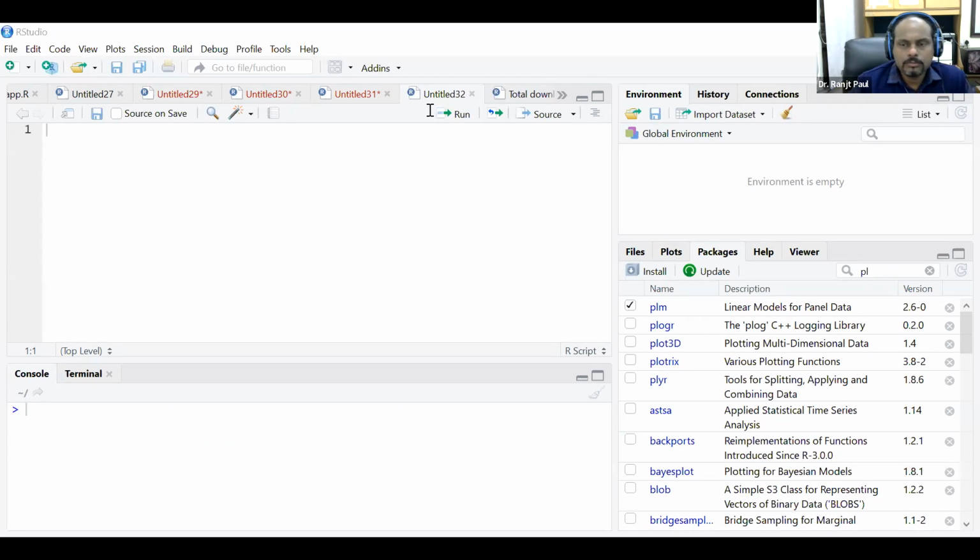So if you want to practice with me, those who are having a system, you can do with me, so that if you have any difficulty in implementing the particular code or particular line or execution of the line, you may ask and you may clarify it. So a very common data set, I'll just